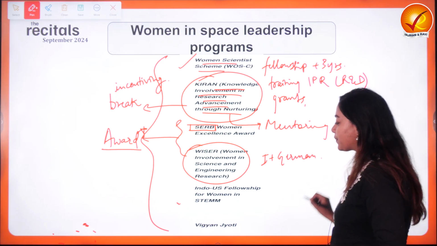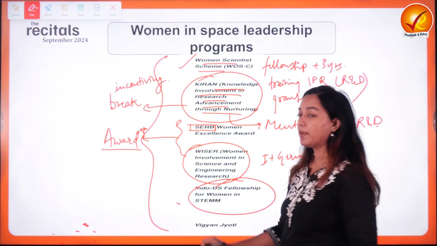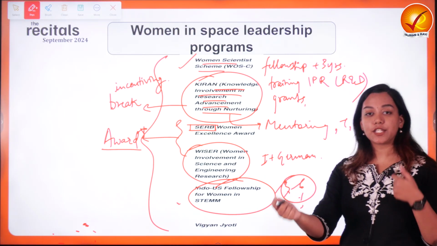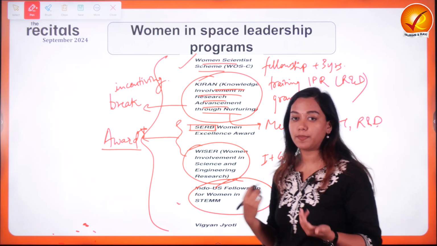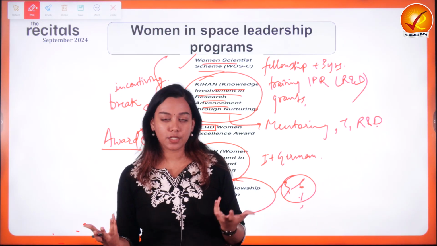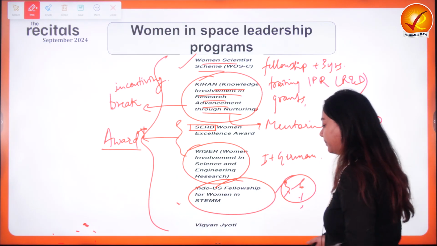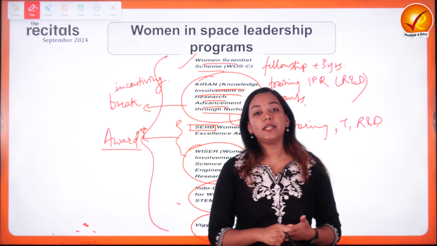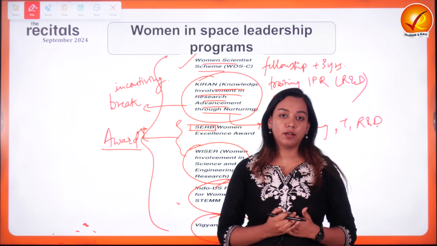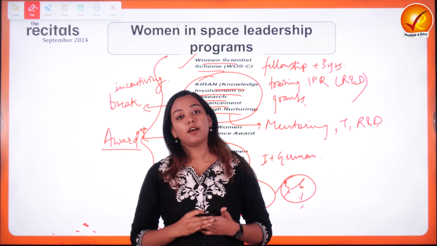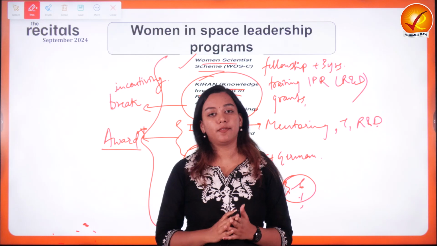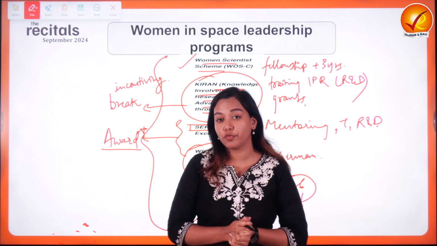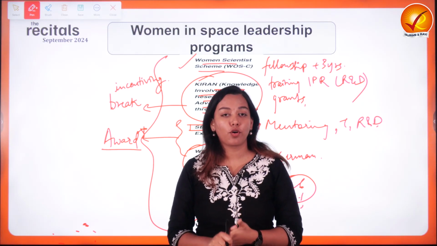And last but not the least, we have got the Indo-US Fellowship for Women as well. This fellowship lasts for up to 3 to 6 years, and it also enables exchange of information and knowledge between these two very bright and potential countries, India and US, India and Germany. And then we have Vigyan Jyoti. Curiosity can only be developed in a particular field from childhood itself. And when are you actually made to choose between different fields, whether you have to go for PCM, PCB or commerce?